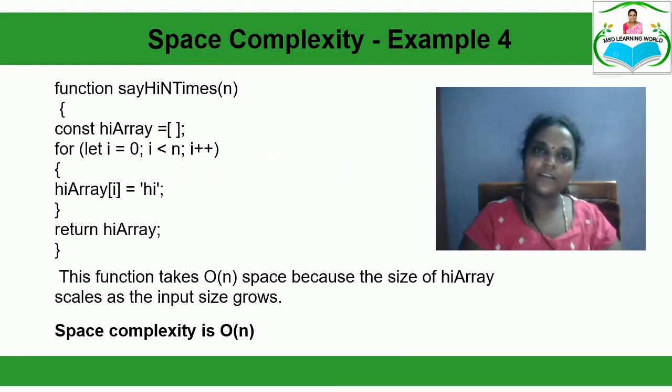In this example, the input to the function is the number of values n. Inside the function definition, you have an integer variable and an array variable, but the size of the array is not determined during the declaration of the variable. Whereas for the array variable, the size of that array is determined inside the for loop. So depending upon the value of n, the values will be stored and the size of the array is determined. So the space complexity used by this algorithm is order of n, which is linear.